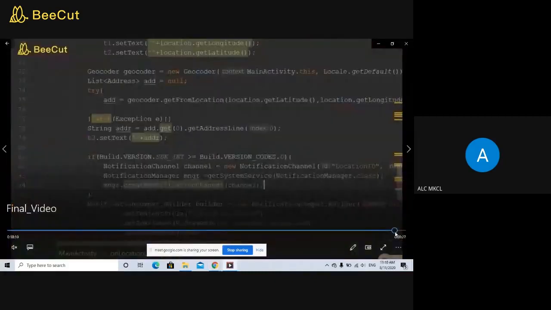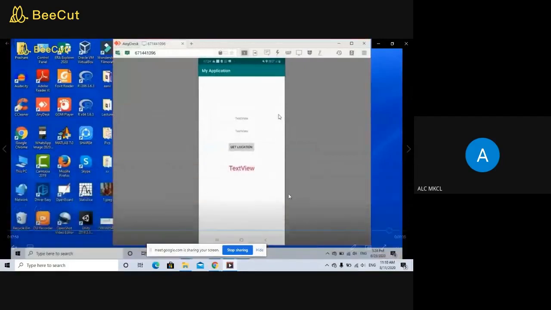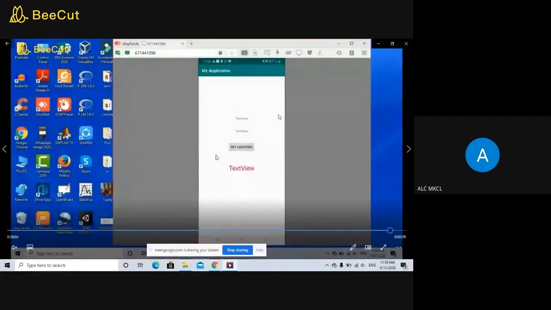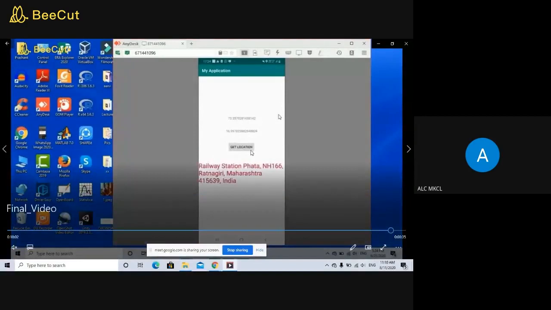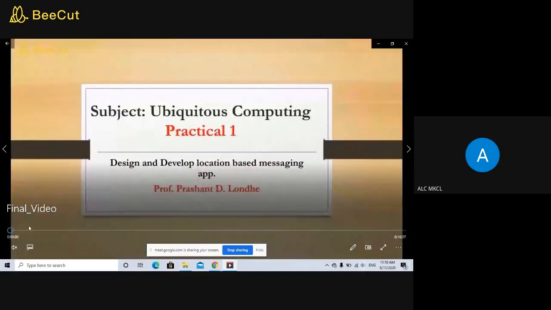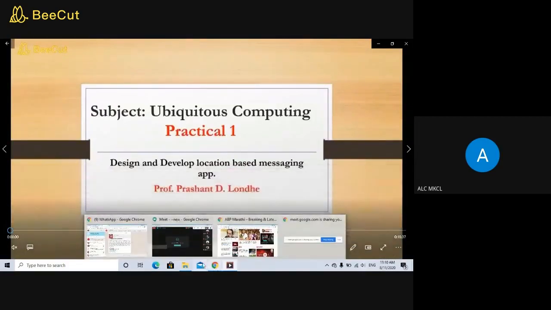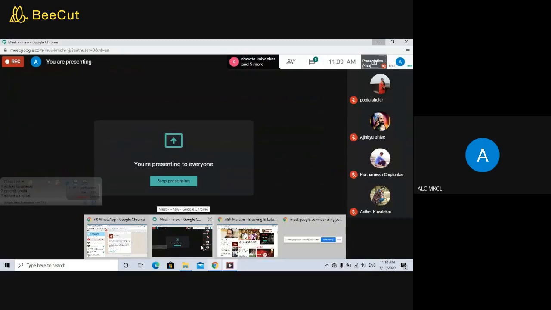So the output will look like this. Just see this video. There are 2 text views and 1 button. Whenever you click the button, you will get the longitudes and latitudes as well as the particular address of the given longitude and latitude. So let us start with this practical. The aim of the practical is to design and develop a location-based messaging app. I hope the screen is visible. Please put a message whether the screen is visible or not.